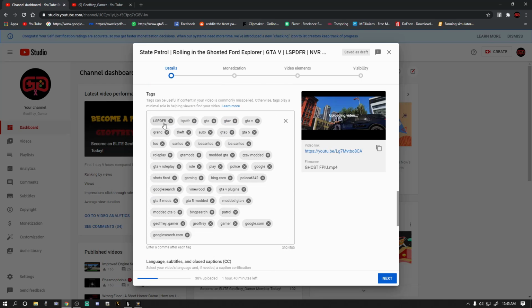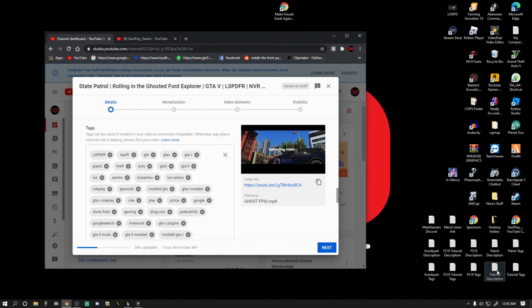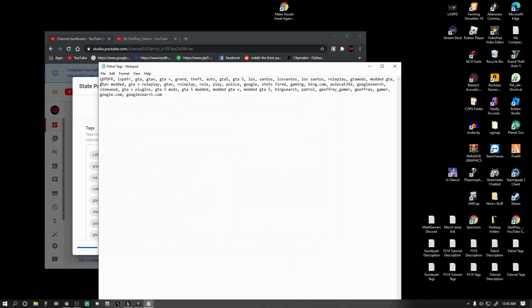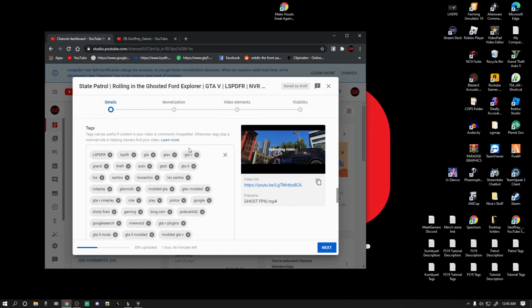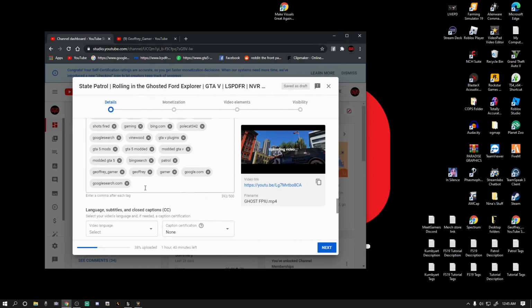Now, your tags. Like I said, I wrote out tags separated by a comma. You write it, comma, space. Now, again, I got tutorial patrol tags. If I double click this, there's my tags, separated with a comma and a space. You can save them in your notepad, then come in here, right click and paste. And for this particular one, I'm just going to add a couple more things. Ford, comma, Explorer, comma. So if people are looking at Ford Explorer, it's not only in my title, it is now in my tags.